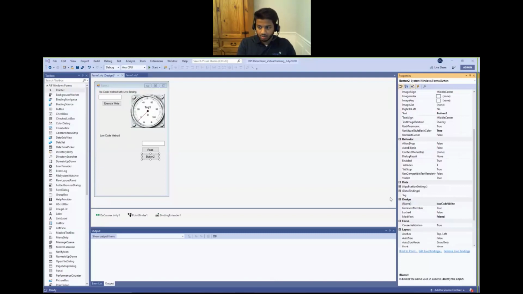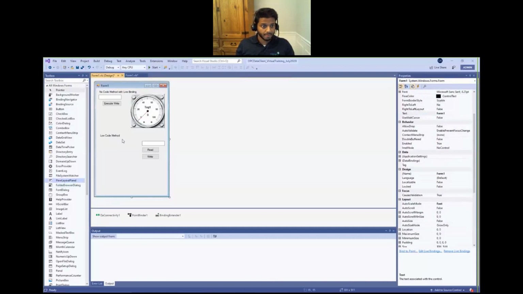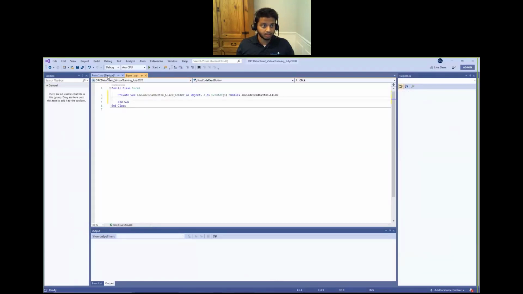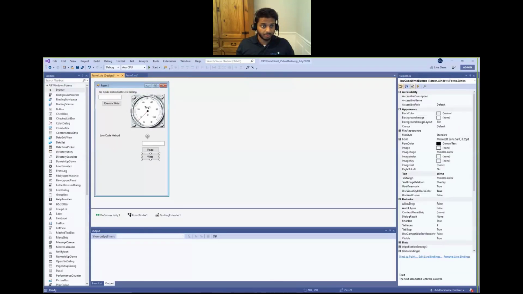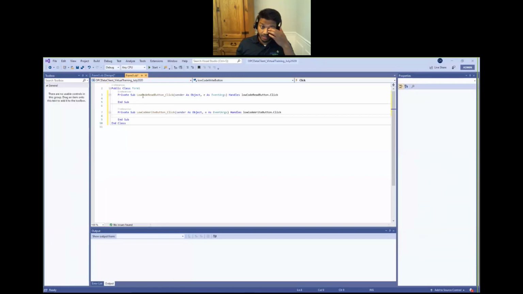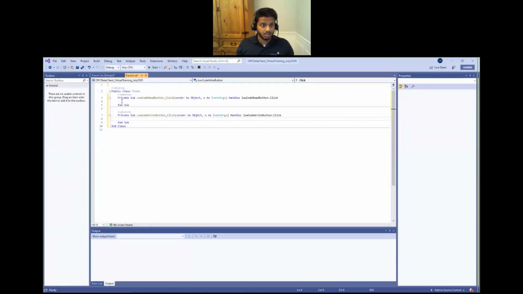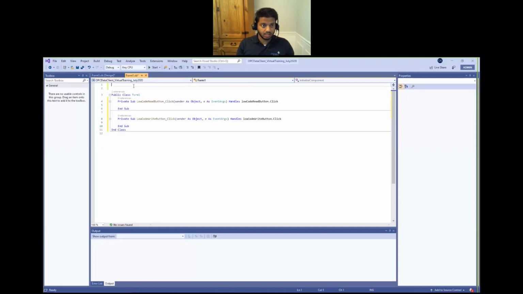Low code write button. Okay. Then I'm going to double click my read button. Come back here, double click my write button. What that did was create the event handler for me for both of those buttons. But before I actually get into the contents of those event handlers,